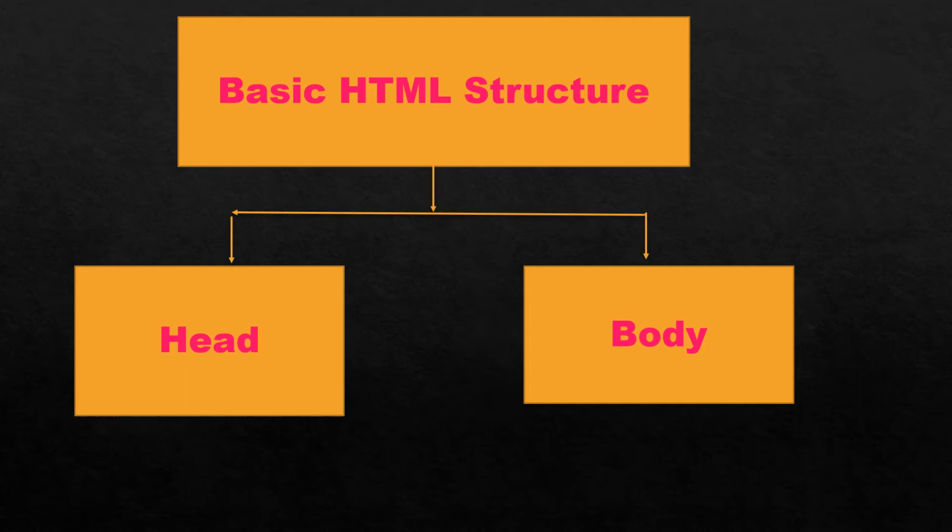Then the body. The body component of an HTML structure contains all the content that needs to be displayed on the final web page. This includes text, image, audio and video files. Which means whatever we write under the body tag, it will be showing directly on the web page. It can be any content, video, images. It will be showing directly on the web pages.